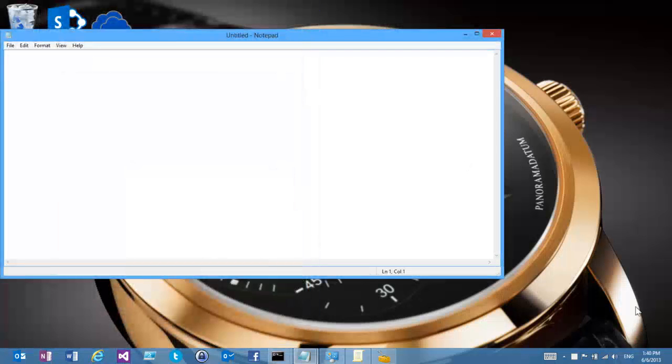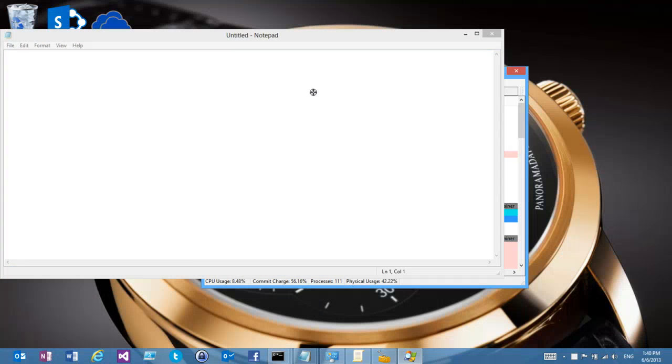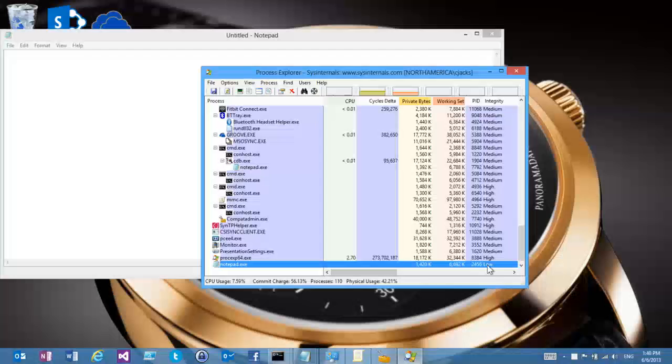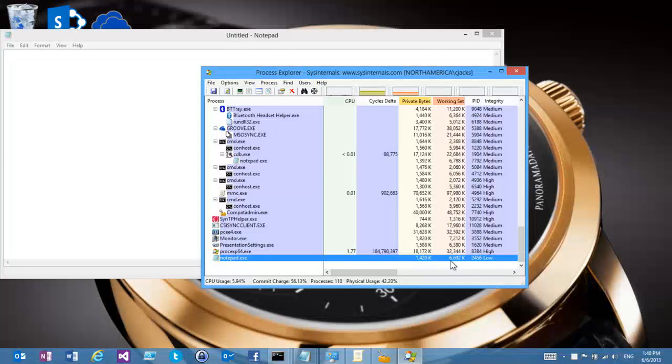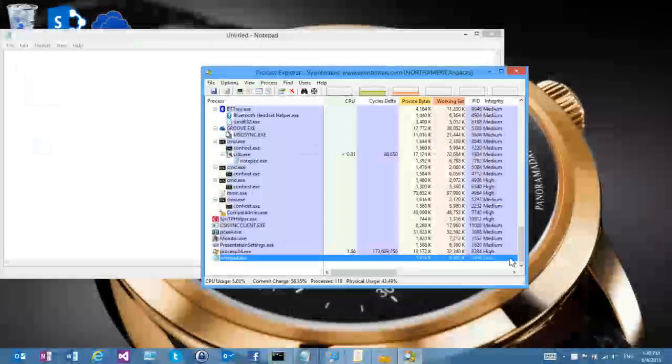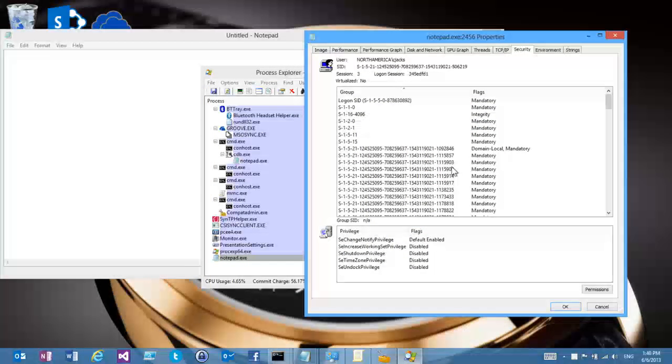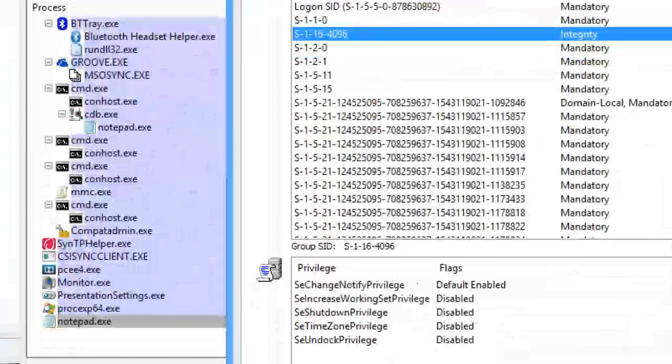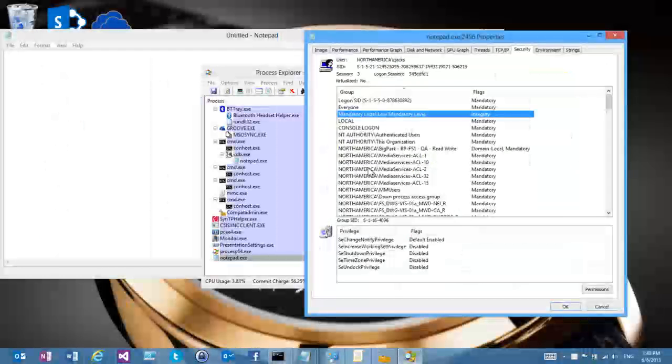Now, from Process Explorer, I can use the window finder to go find this process and see that, aha, here is notepad.exe at low integrity. Low integrity is represented in the access token by a SID, S-1-16-4096. This 4096 represents the actual level at which it runs. That's the lowest one. It's yet another entry that has special behavior inside of the access check function to determine whether I can get there.